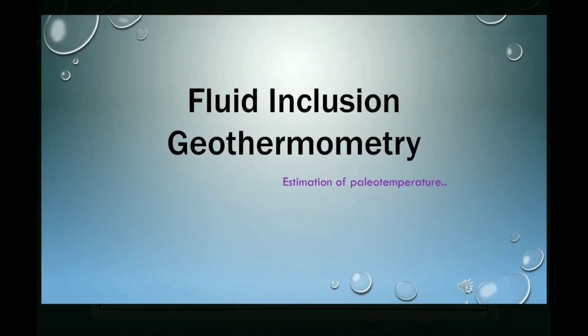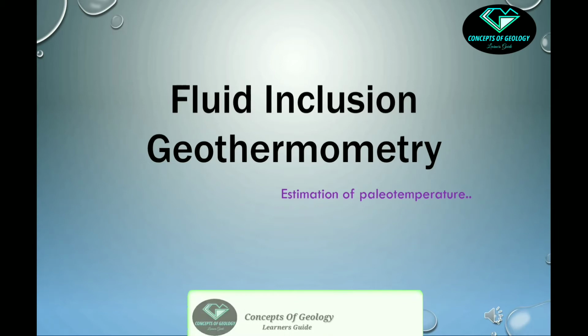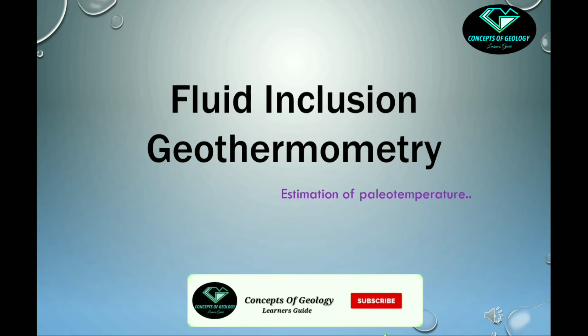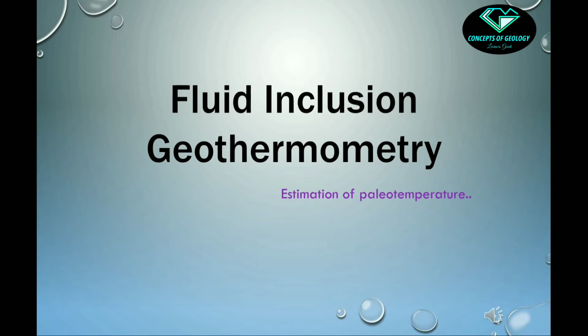The objective of fluid inclusion geothermometry is to determine the paleotemperature of formation of an ore or the gangue mineral in which the inclusion has been trapped. The technique is called geothermometry because normally we are deciphering the temperature at which the inclusion has formed when the pressure is known from another independent geological source. This is done to estimate the paleotemperature.